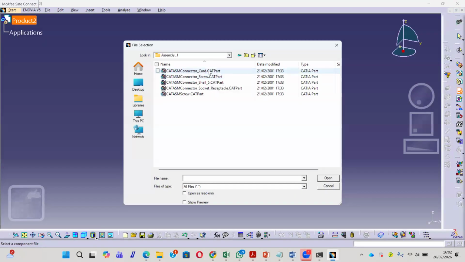Here we have 1, 2, 3, 4, 5 files. We will add to the product tool. So you can select all or one by one.